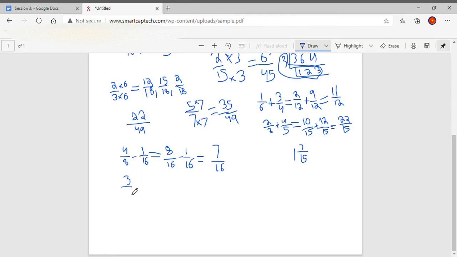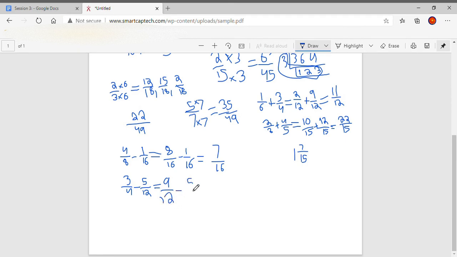3 over 4 minus 5 over 12. So the common denominator would be 12, because we know 4 already goes into 12. So we can just leave this one the same. And we also know that it goes in times 3. Funny thing, it's the exact same fraction, meaning it would be written as 9 over 12. So we already know 9 over 12